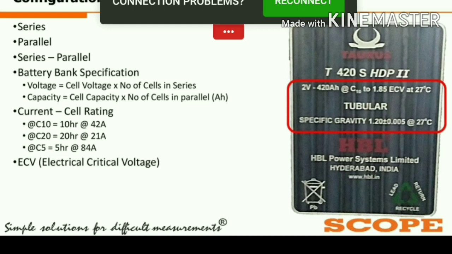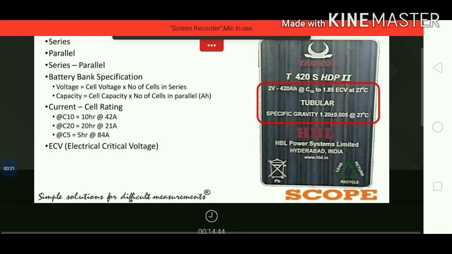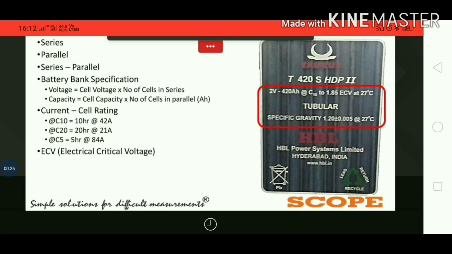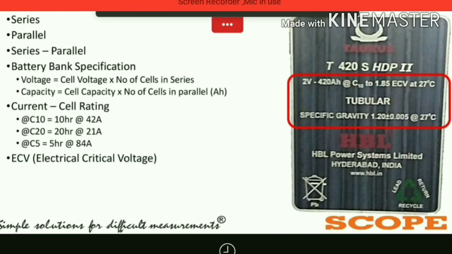Now the cell voltage is 2 volt. That is the rated voltage. 420 ampere hour is the battery capacity. We have the type of the battery, that is C10. And we have the ECV, the electrical critical voltage, which is 1.85 volt. So, for example,